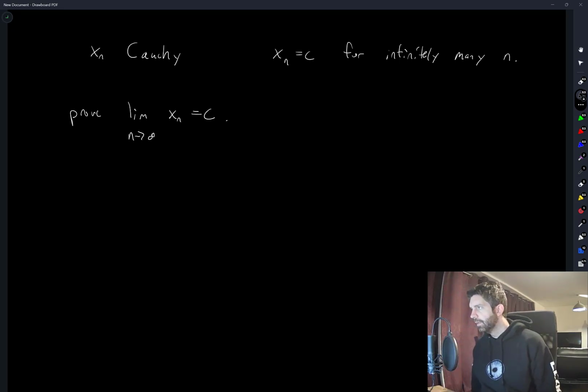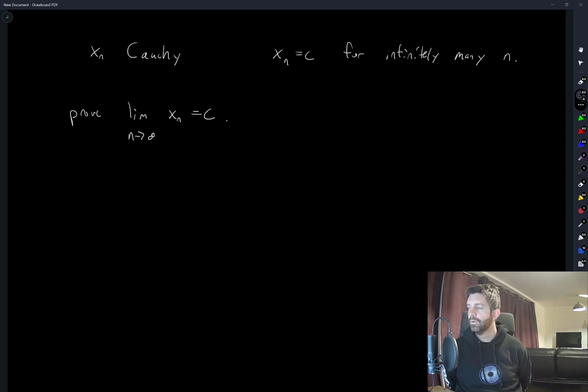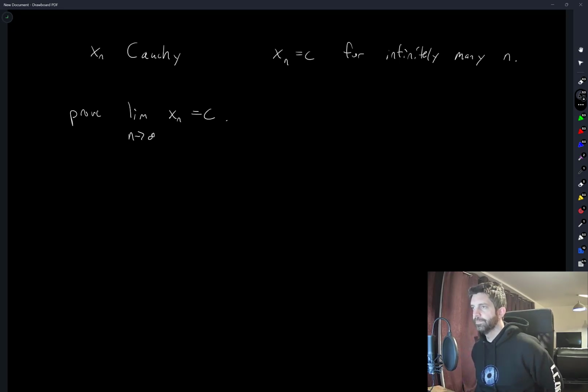Okay, so my first thought here is that if a limit does exist, it has to be equal to c. Because if the limit were anything other than c, then there are always terms that are far away from whatever that limit is. So you're infinitely often some distance away from that limit. So the limit can only be c. It's a Cauchy sequence. So